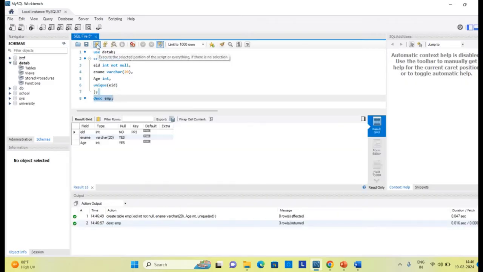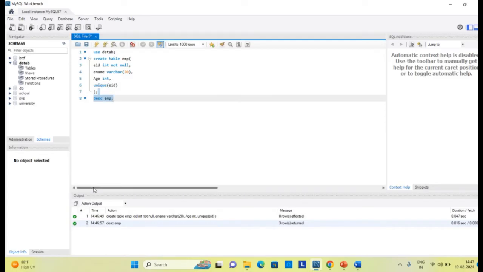When I run description, you find that EID is a primary key in this table. Suppose I don't want to use not null and unique, and want to create the table using primary key directly, it is also possible. For that, I am going to drop this table.